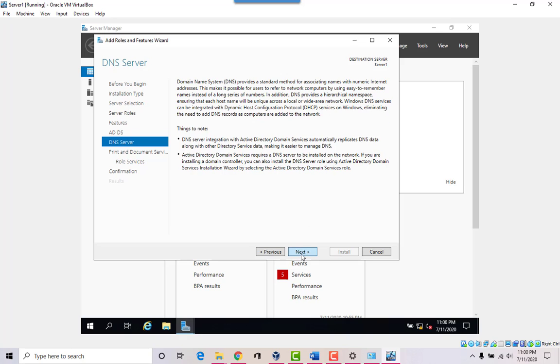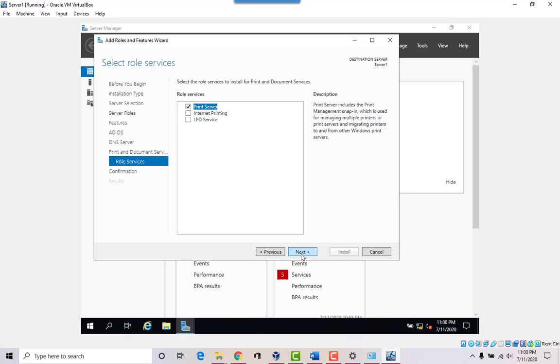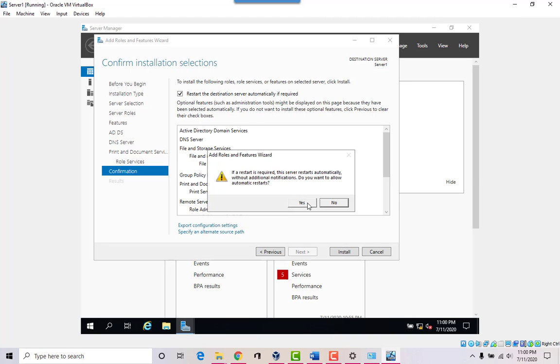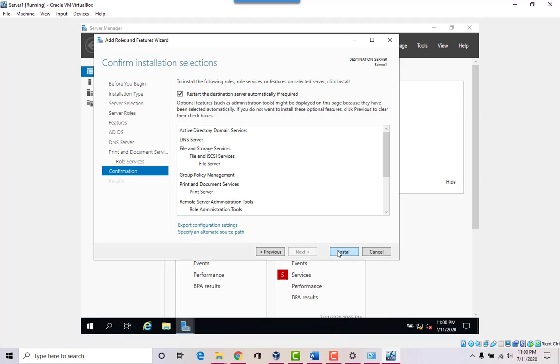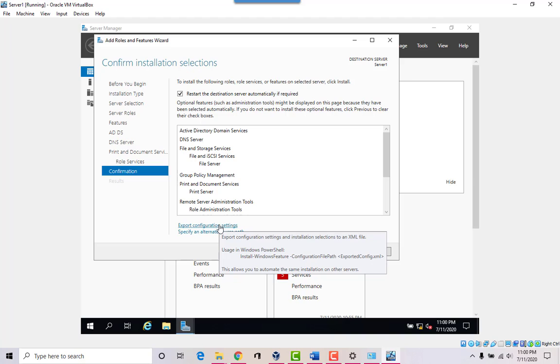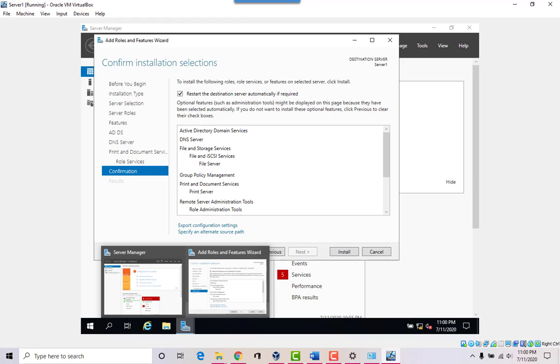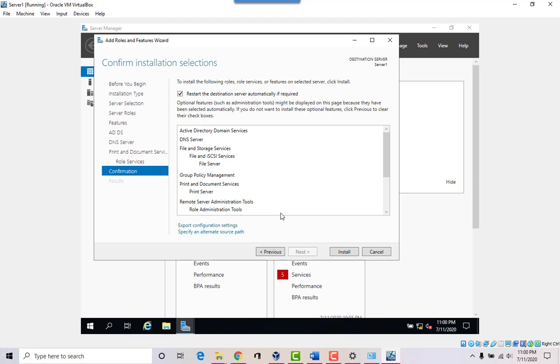Click next, next, next. So we have our print server. Let's see, to install the following roles, yeah, rebooted is fine. And you can export the configuration settings if you want to, so that if you want to just put it in a PowerShell script, remember our friend PowerShell where we went to the command prompt?